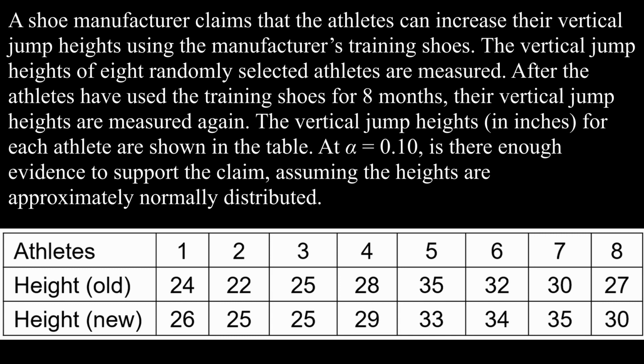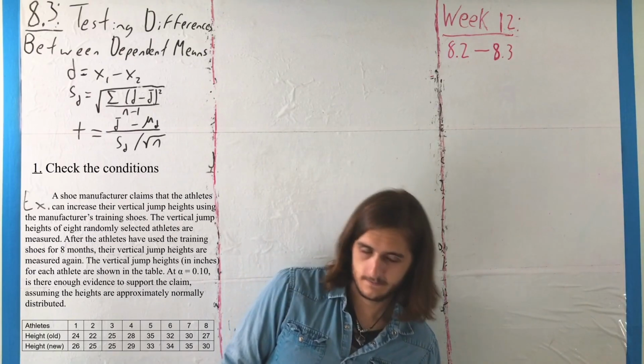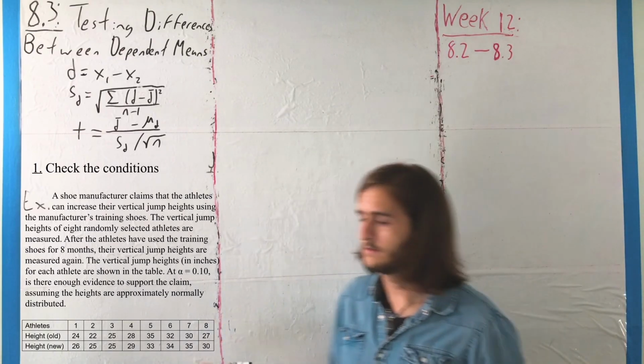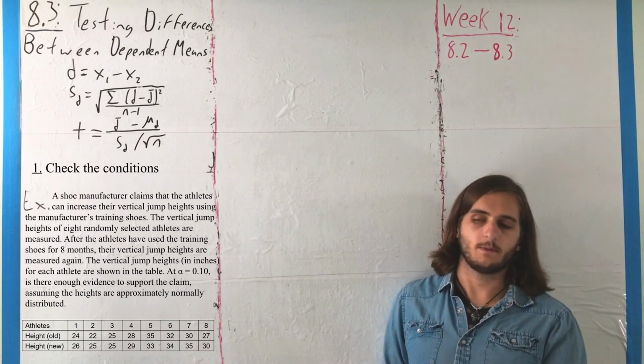After the athletes have used the shoes for 8 months, their heights are measured again. The vertical jump heights in inches for each athlete are shown in the table. For alpha equals 10%, is there enough evidence to support the claim, assuming approximate normality, because there aren't that many of them? So, what we have here is our data sets, where if we want to make sure that we're doing this